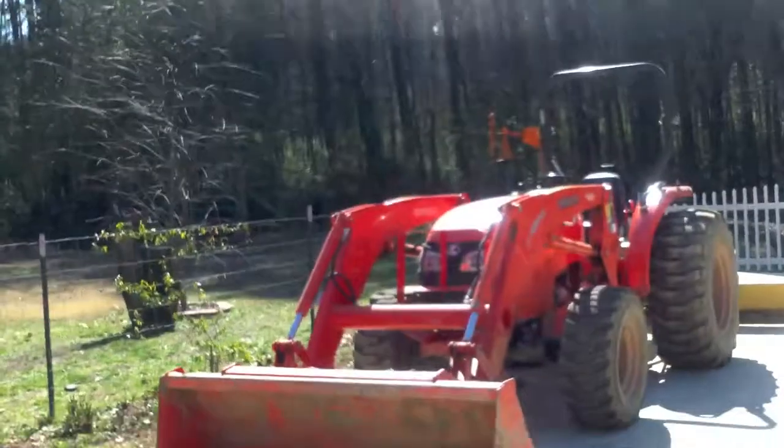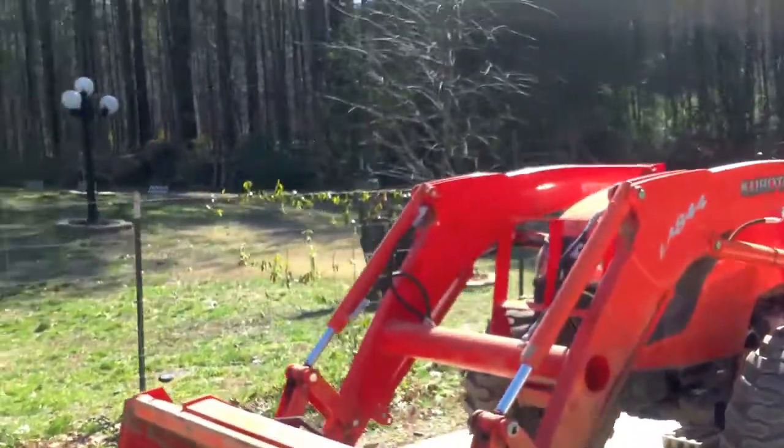And that is a machine. That is nice. I couldn't afford to buy one like that. I've been looking, and at the most I can afford is like a 23 horsepower. And this one is just, gosh, everything. I don't know that much about it. It's a Kubota